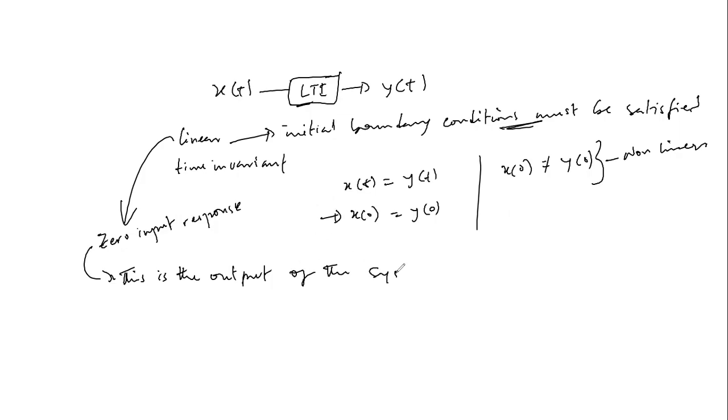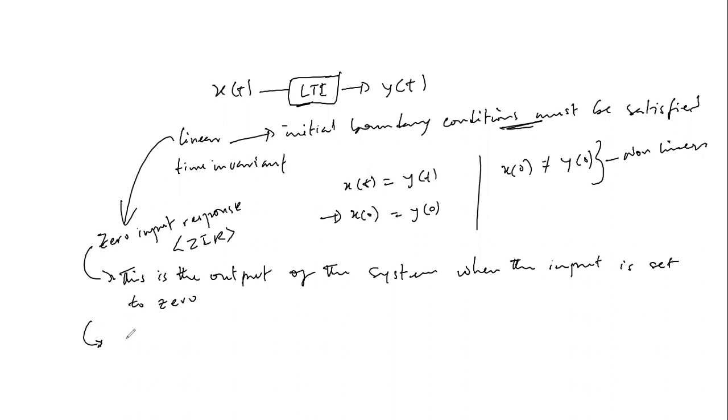of the system when the input is set to 0. So this is zero input response. Okay. Then afterwards,